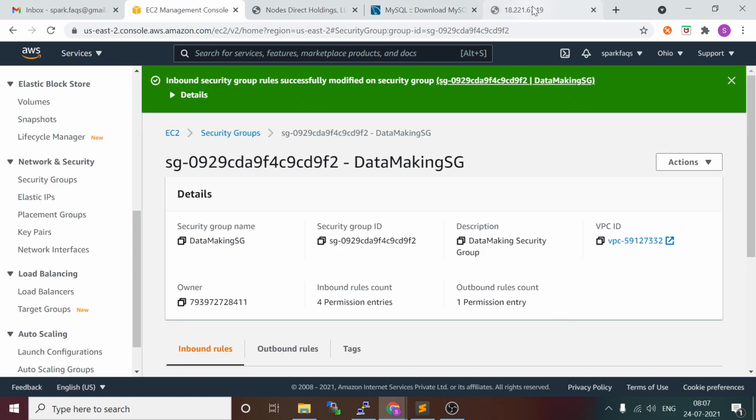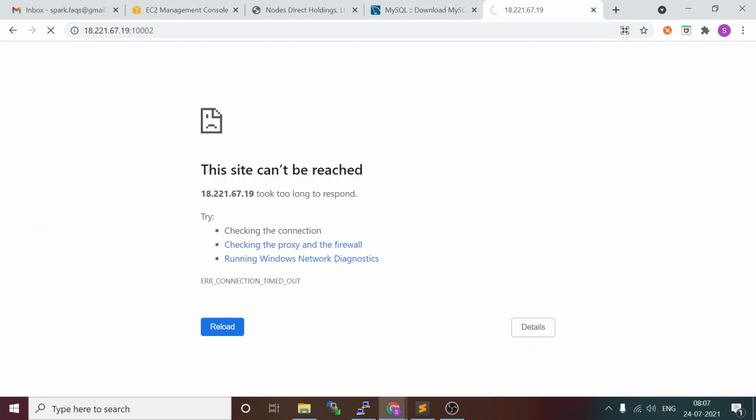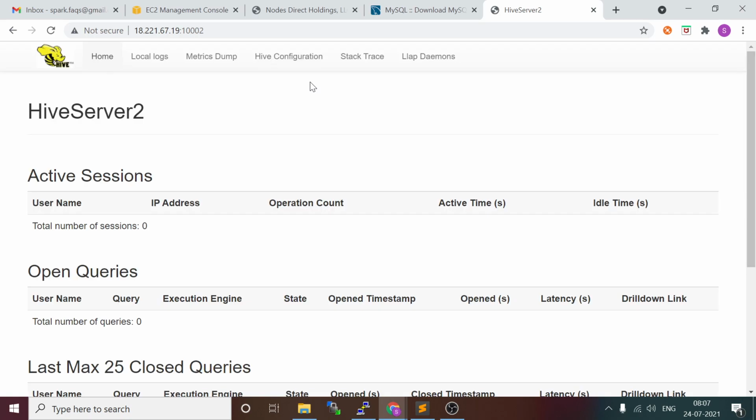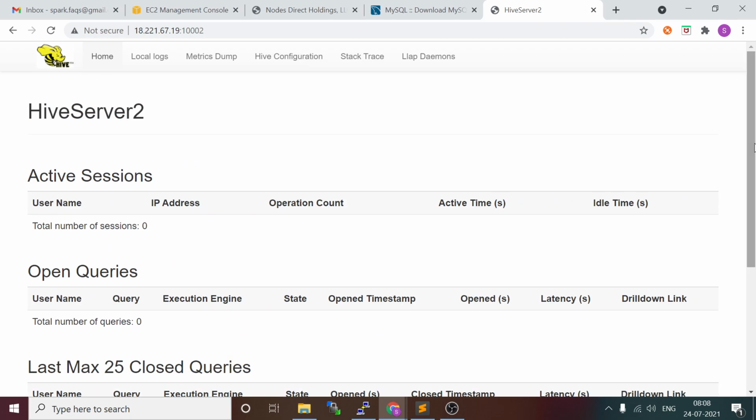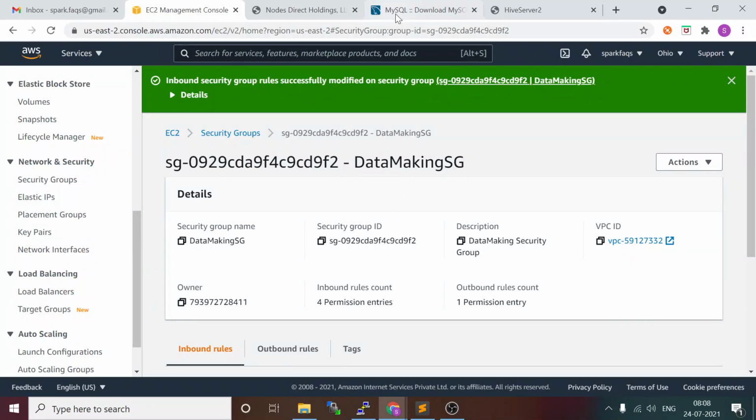Once this is saved, go and type here, then you should be able to get the HiveServer2 web UI, right? So we successfully installed Apache Hive on top of our EC2 instance.